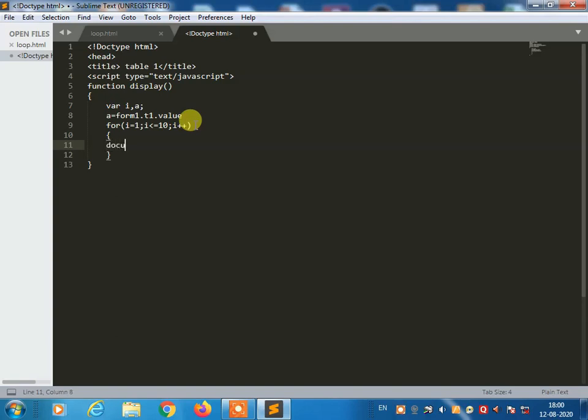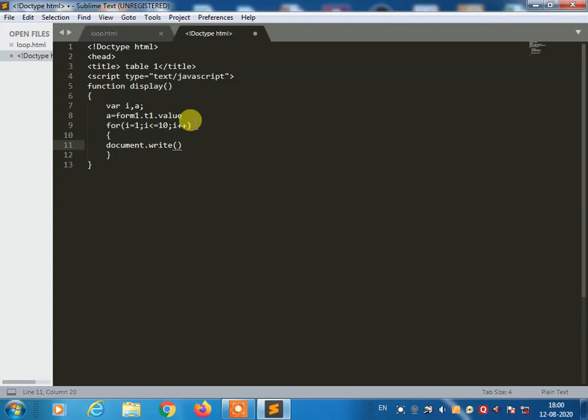So you are going to use document.write. This statement prints the result, which is there in form1.t1.value. Whichever number you enter in the text box, that result should be printed on the page.